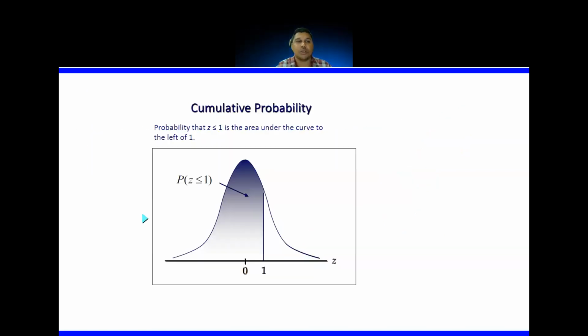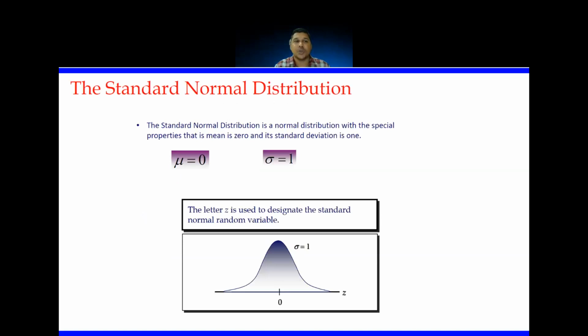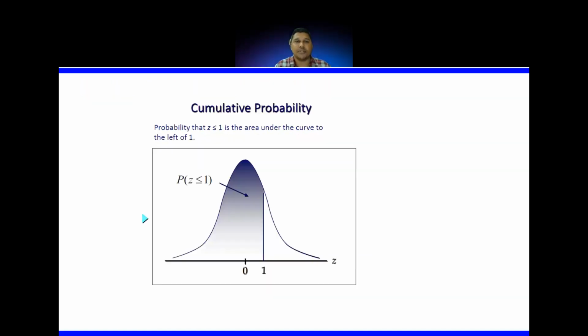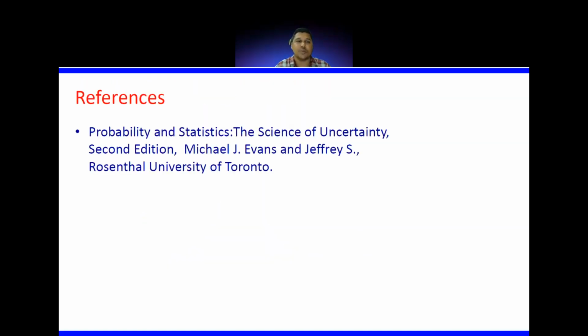So this is about different kinds of probability distributions. What we have studied: discrete probability distributions like binomial, Bernoulli, multinomial and Poisson, whereas in continuous, we have studied uniform and normal distributions. A special case of that is the standard normal distribution we have seen. This is the reference book for probability and statistics. Most of the content we have discussed here is from this book, Probability and Statistics.